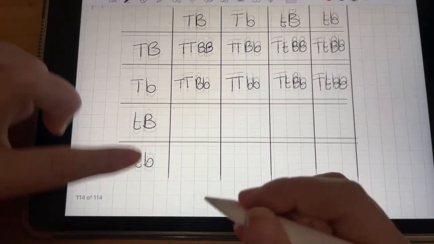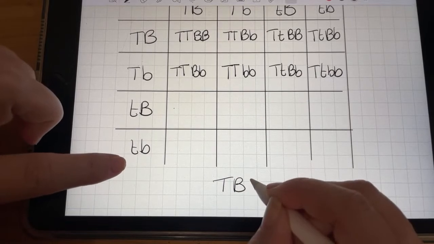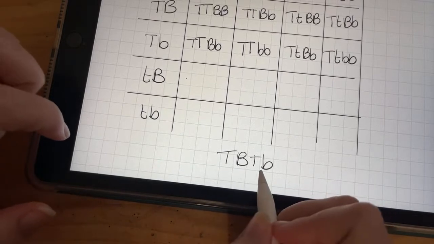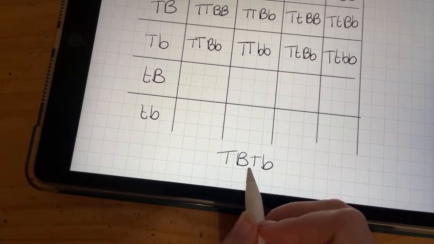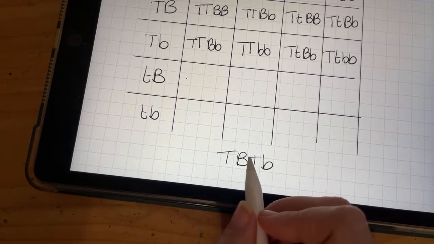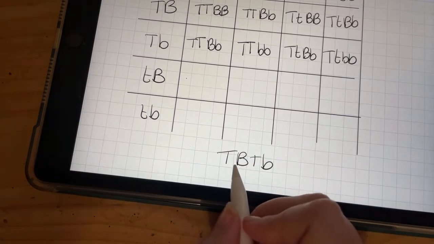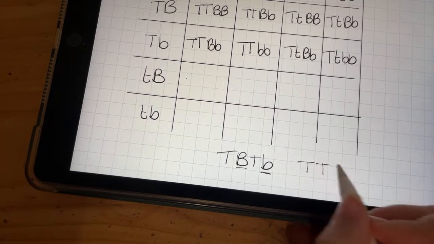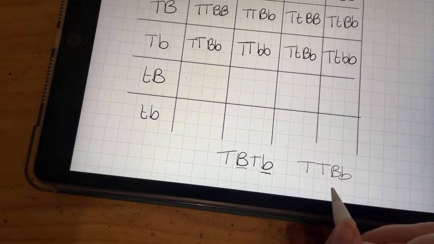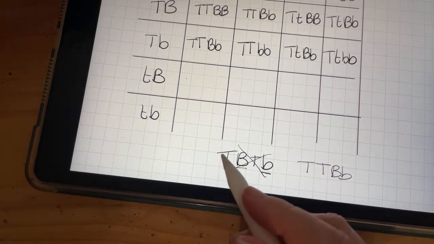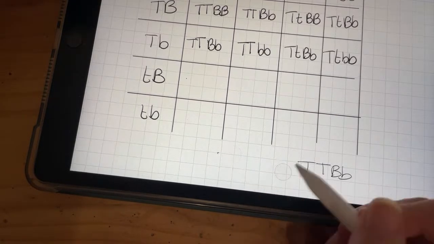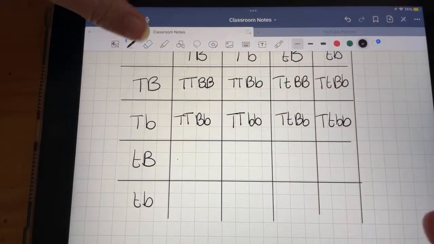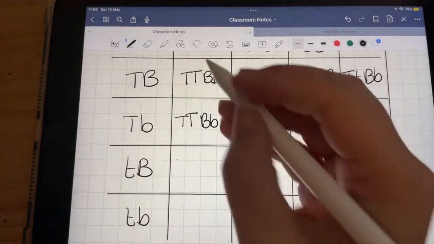Question just asked, can you write it like this? I didn't see the person's name. They can write like this. You can. It's not wrong, but I wouldn't. It's a very bad idea because how are you supposed to read this? And what I mean by that is you're supposed to put the letters that are alike with each other. It's supposed to be the two T's together with the two B's together. I wouldn't do this, no. You will run the risk of getting your whole Punnett square wrong if you make a small mistake like that. So I would not do that. No, that's not my suggestion. It's a strong suggestion not to do that.